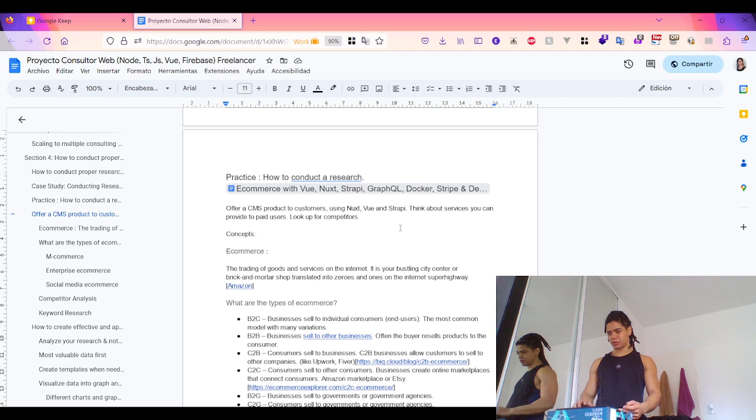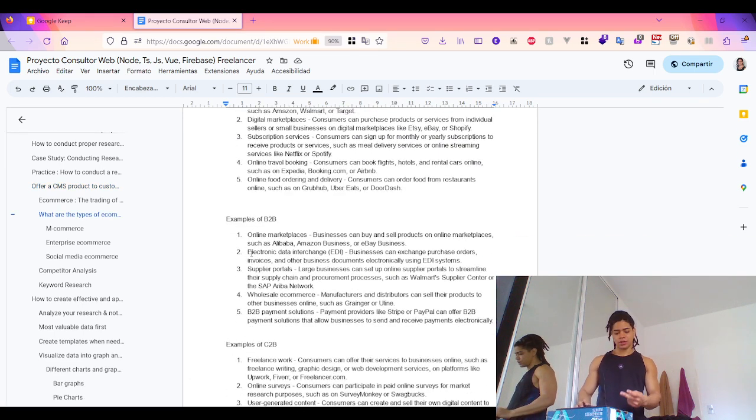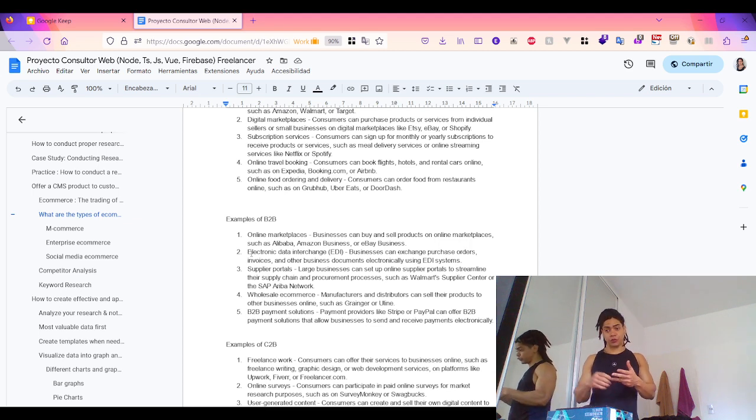Well, actually, this is the example here. Okay, the electronic data interchange, which is traditionally paperwork that was made on paper, such as a purchase order or invoice. Now it is done electronically using these systems. IBM provides that. EDI, online portals to streamline their supply chains, or public procurement portals for very large businesses, such as SAP Ariba Network or Walmart Supplier Center,